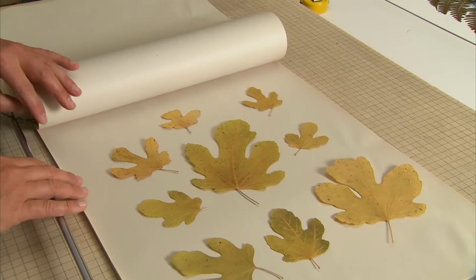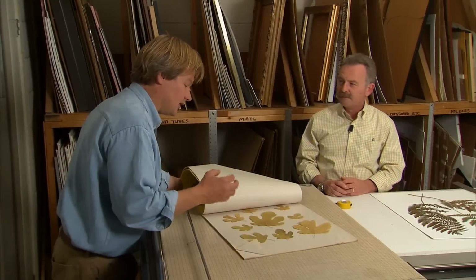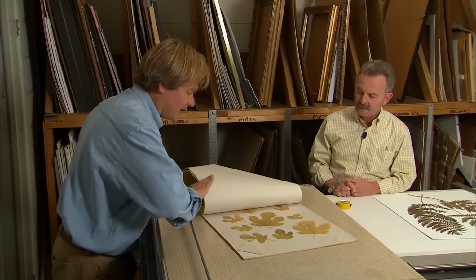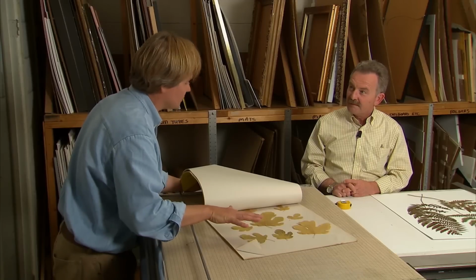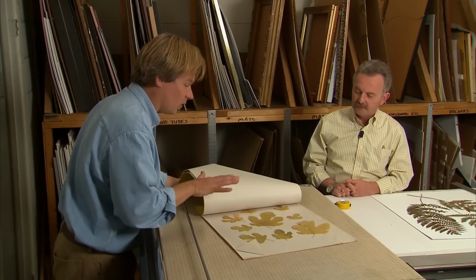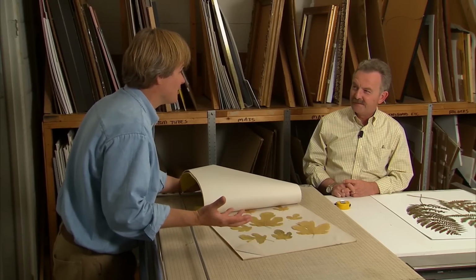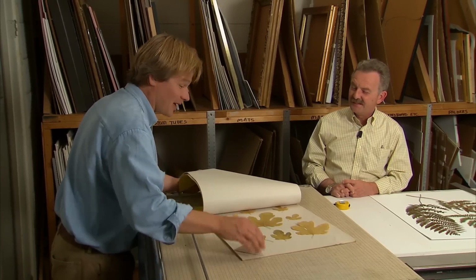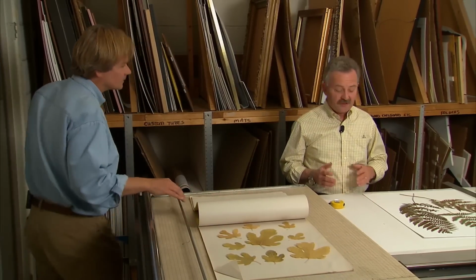I think one of the most important steps that I've learned in this process is that if you pick things and lay them out and press them, I stacked a bunch of books on top of this newsprint. Right. It was a way to take the moisture out of them and for them to hold their shape. And then after that, it was like, okay, now what do I do with them? And here's where you come in, and this is where I need your expertise with this project. Well, okay, Alan. What we need to do is decide